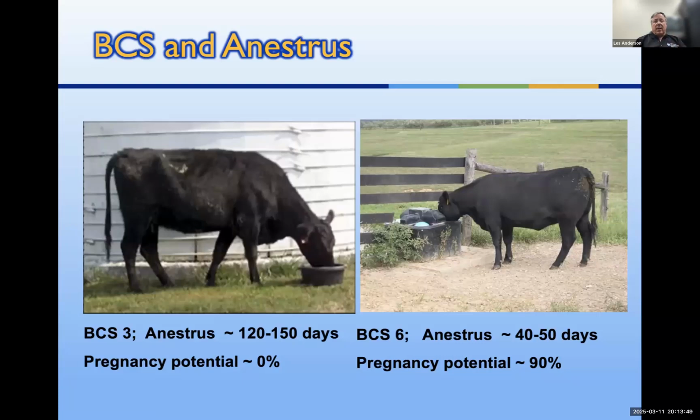Okay, so in our spring calving herd, if we've got a cow that's just calved, and then these pictures were taken by Dr. Burris down at Princeton. This cow was getting ready to calve. You can see just a little bit of udder there, and this was her body condition score. If you look at her hooks, very sharp over the hooks, sharp over the pins, sharp over the transverse and spinous processes. You can see every rib. You can see some definition of the scapula and the shoulder area. There's some leather down here, but there's no fat in the brisket. This cow has a body condition score 3,